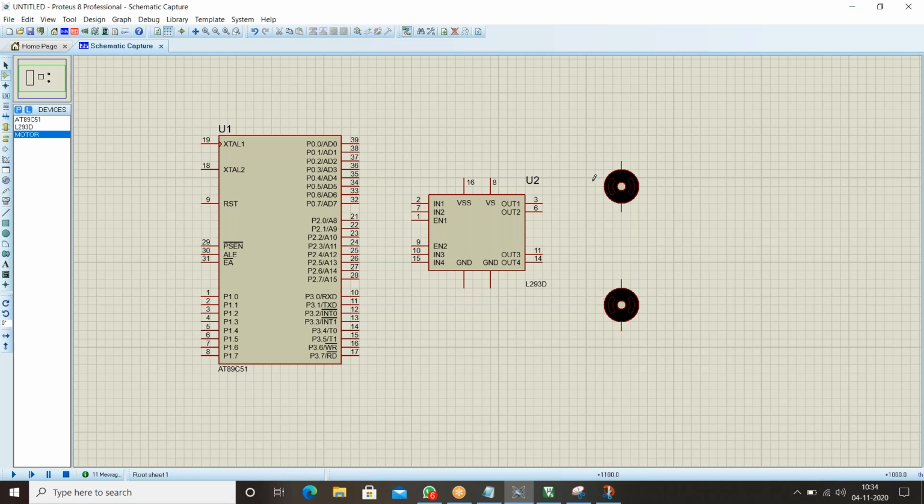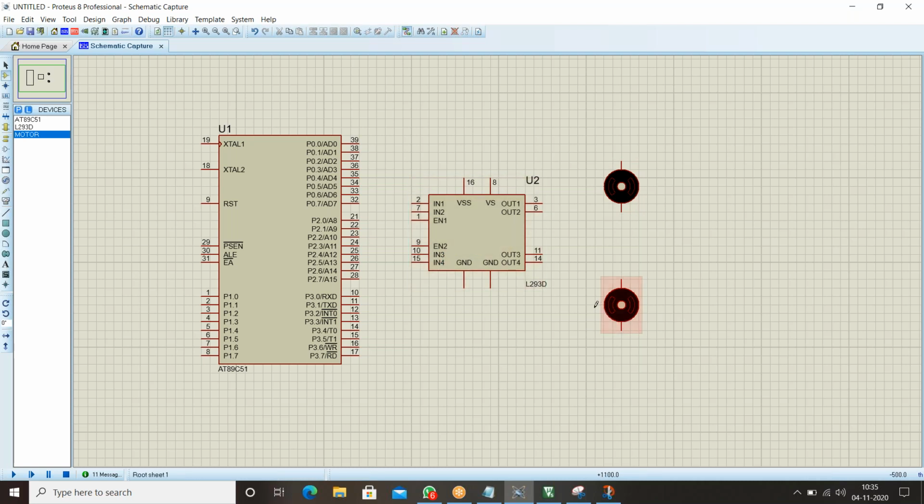The ground pins are connected to ground. VSS and VS pins are connected to the power supply. Input 1, input 2 and enable 1 belong to motor 1; enable 2, input 3 and input 4 belong to motor 2.